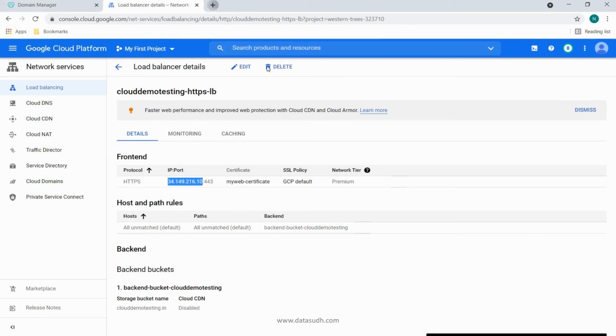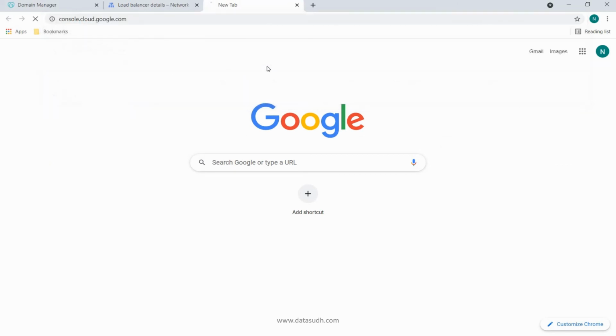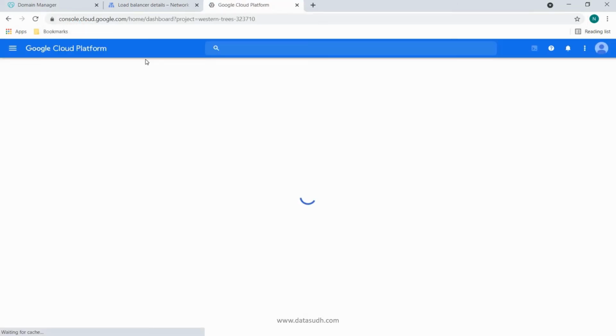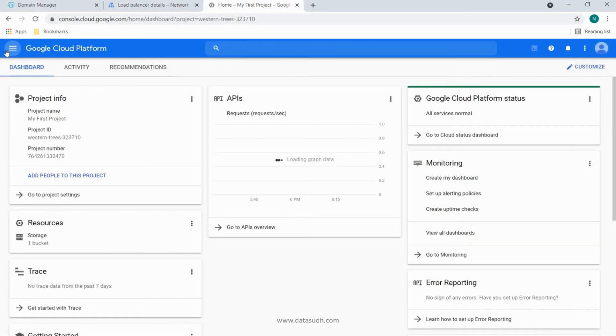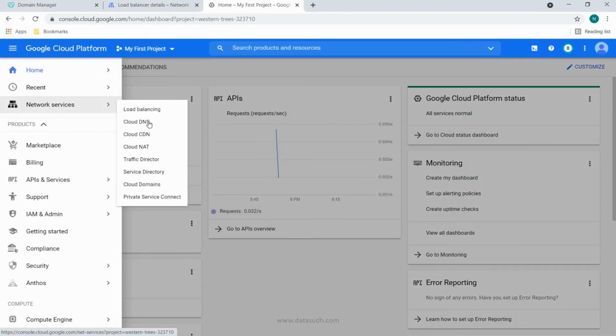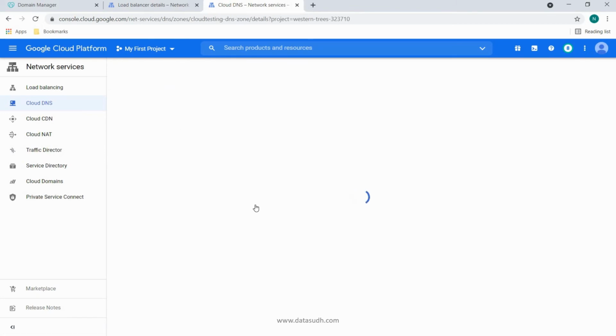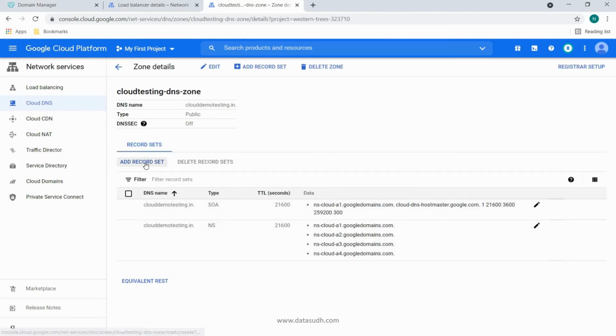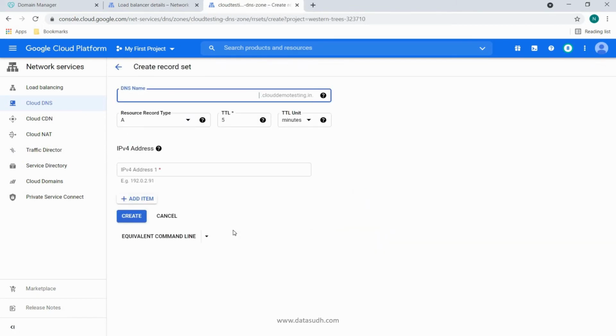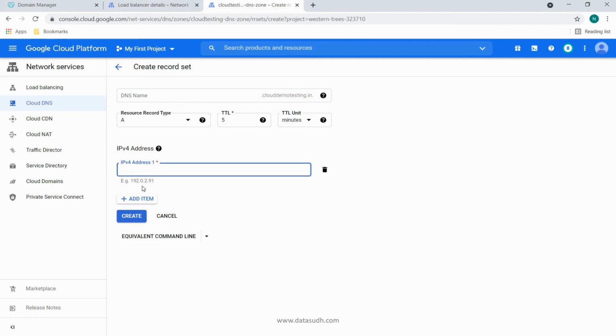So how to do that is, let's open one more console window. Go to Cloud DNS and click on add record set. For our main root domain, we will add an A record type with this IP address. Click on create.